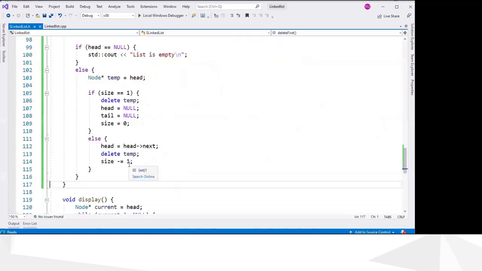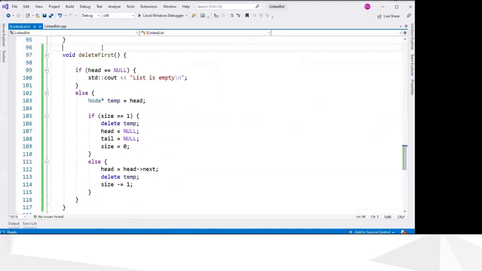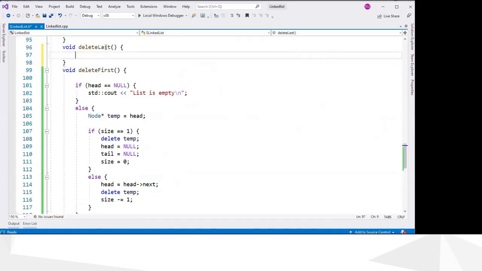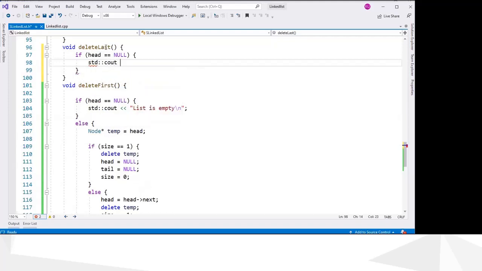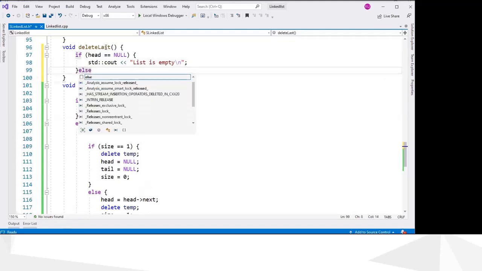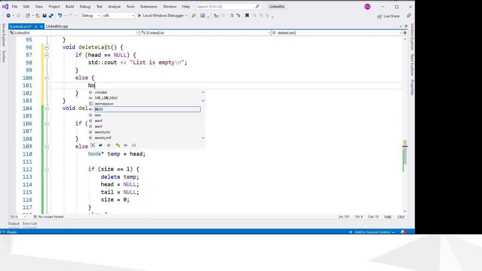So this is almost the same thing. So we write void deleteLast. Okay, so first we have to check whether the list is empty. So you can use head pointer is equal to null or not. If it is null, you can print the list is empty. Else, what we have to do is, first